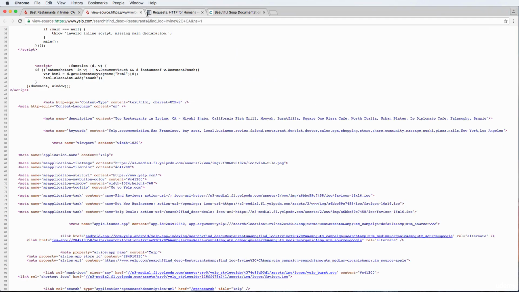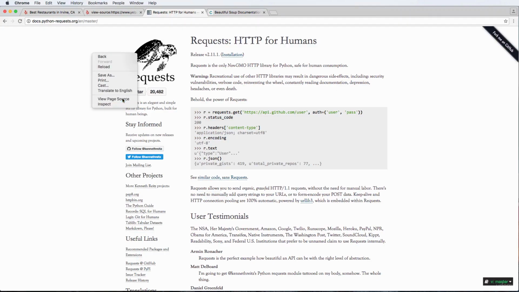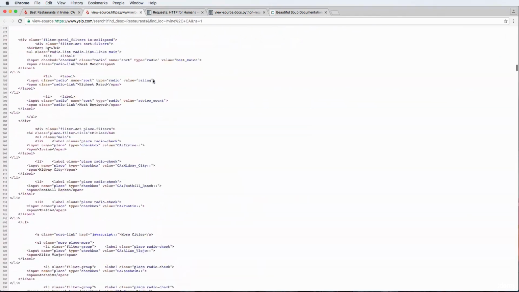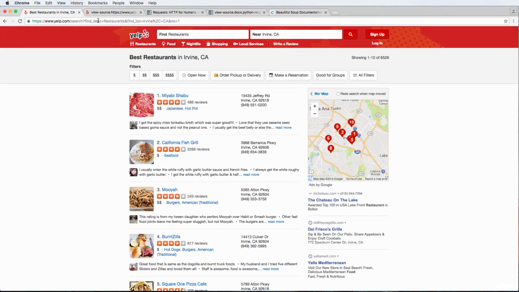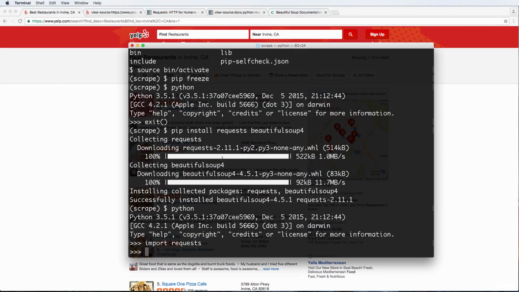Every website has this. So right here, this is the source for Yelp. And if we go into Python requests, this is the source for Python requests. And you can scroll down, you can see all sorts of cool stuff in there. All right. So really what we're going to be doing is we're going to be grabbing that HTML code and do something with it. So let's go back into our Python